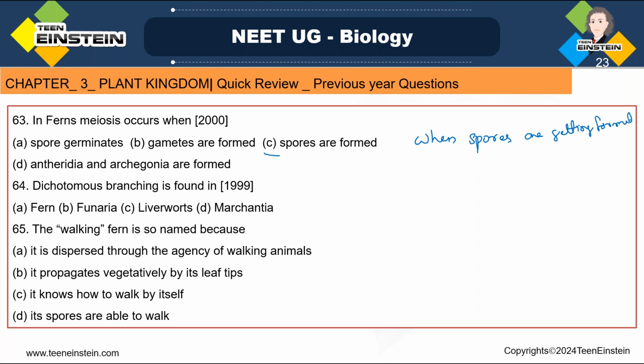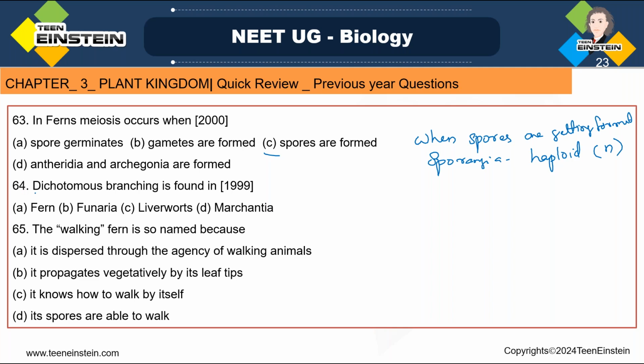Meiosis is taking place. See, the sporophyte, or spore bearing body, produces sporangia, and there this meiosis is taking place. So where is this meiosis taking place? Inside the sporangia, right? Inside the sporangia, meiosis is taking place and producing haploid spores. If meiosis is taking place, what do you mean by that? Meiosis is a reduction division, and after meiosis haploid spores will get formed, with n number of chromosomes, or a single set of chromosomes. Okay,